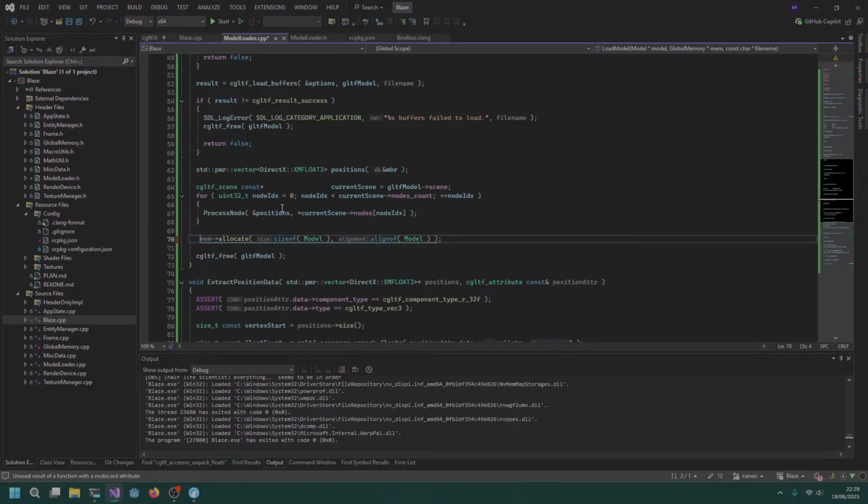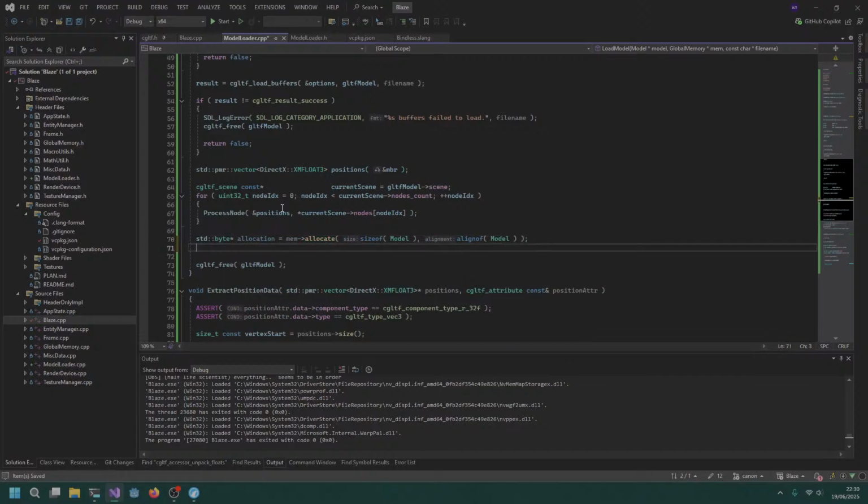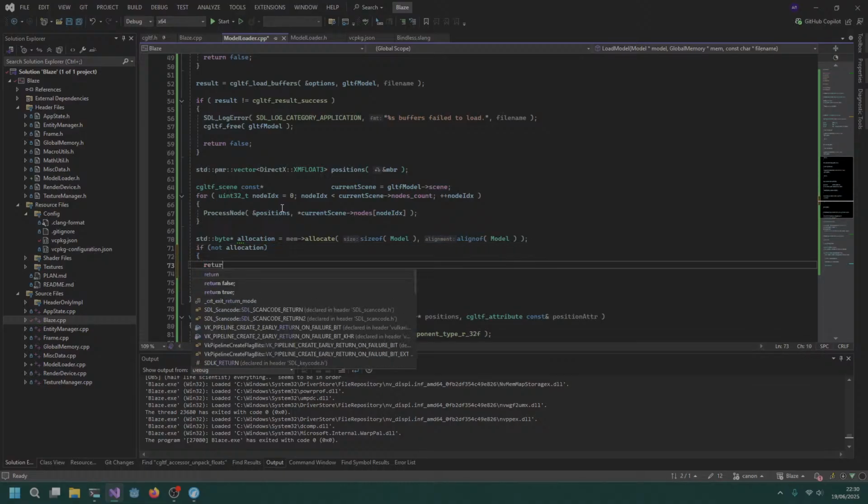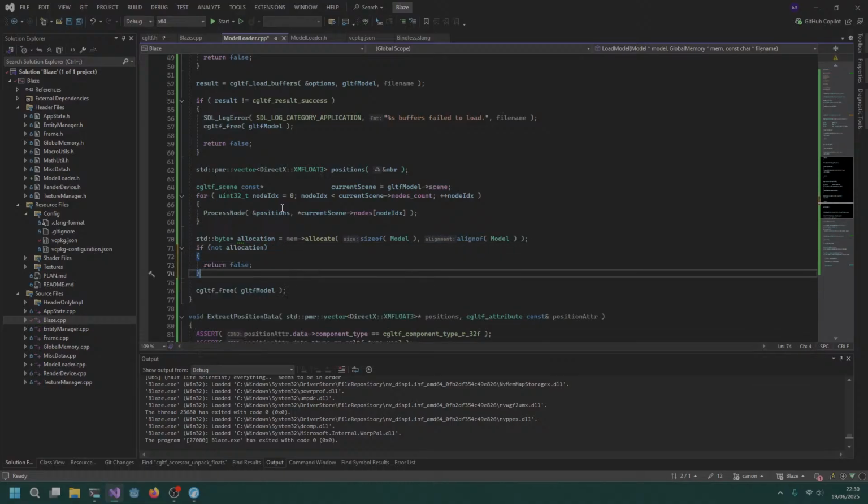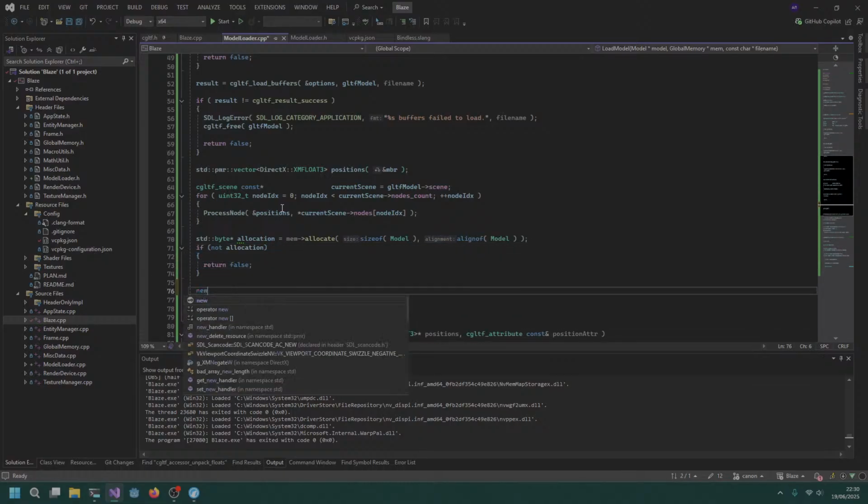With both of these, that gives us some memory. So that's std::byte pointer allocation equals that. And if not allocation, then we return false. If allocation is available, then we new